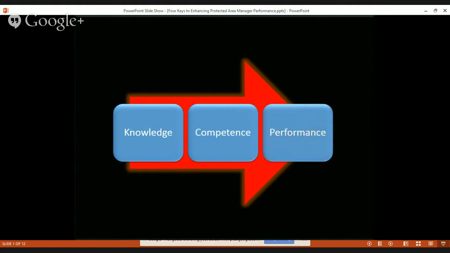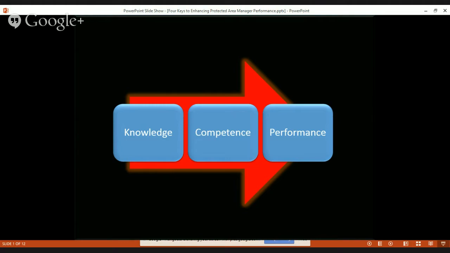And then because they're competent in this, their performance in actually protecting the natural heritage values that are present is enhanced. And so this is the very simplistic model upon which a lot of capacity building efforts have been constructed. And in my experience, it's not working very well, this particular model. And so I started asking again questions about why it's not